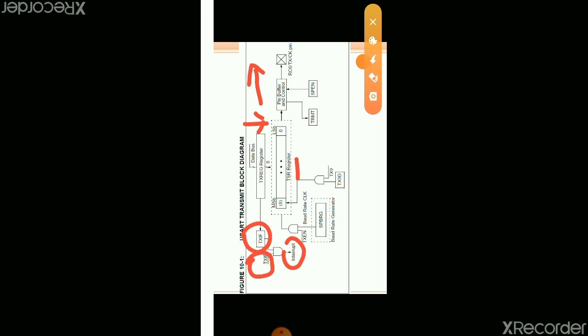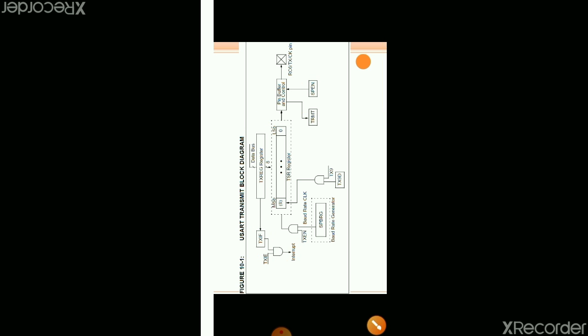When the transmit shift register is full, then the TRMT bit is 0. TR empty bit is 0. When it is empty, that is when all the bits are transmitted out, the TR empty bit is set. When the transmit shift register has a value, then the TR empty bit is 0. And provided that we are going to use the USART, the SPEN bit, the serial port enable bit, should be set.